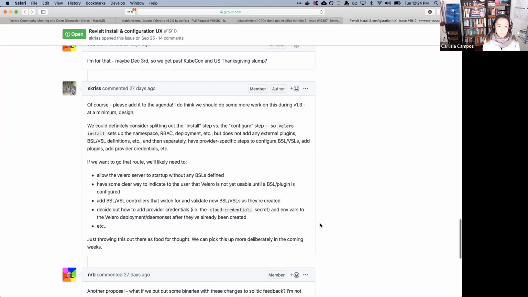Maybe it'll be the same person that will create the backup. So if we do that, we could make it so Velero has a ready and not ready status, which would necessitate us having that status feature for the server. If Velero doesn't have any backup storage location, it will be in a not ready status. And there is a comment in one of the tickets that Steve suggested.